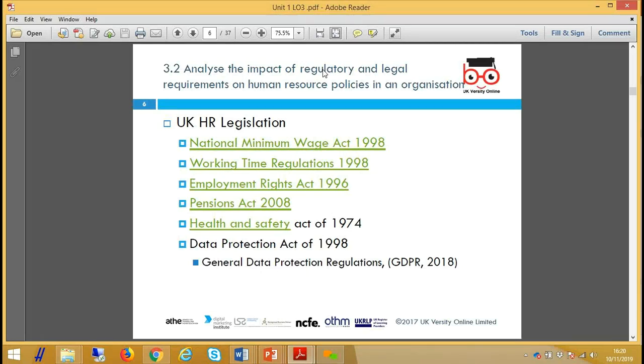Another key piece of legislation we need to highlight is the working time regulation, and this one again shows the influence of international law. This actually came from EU directives, EU legislation into the UK because it affects all EU countries, and it basically says if you work for 40 hours or whatever, you must take a rest break and so on and so forth.